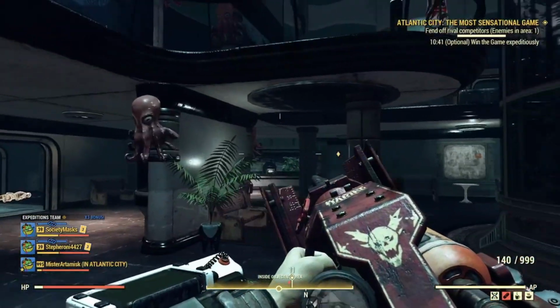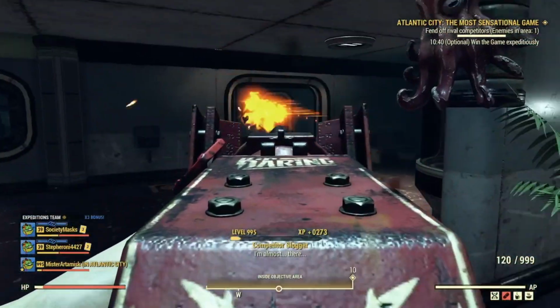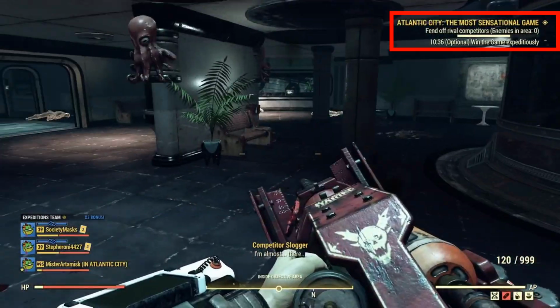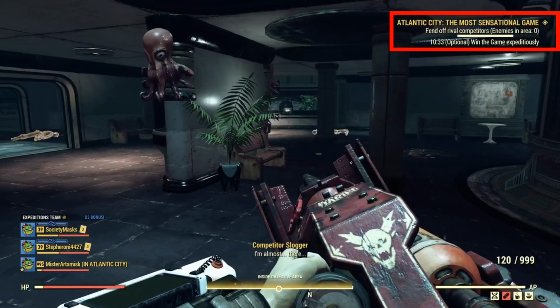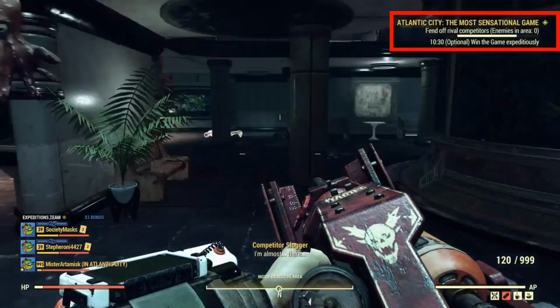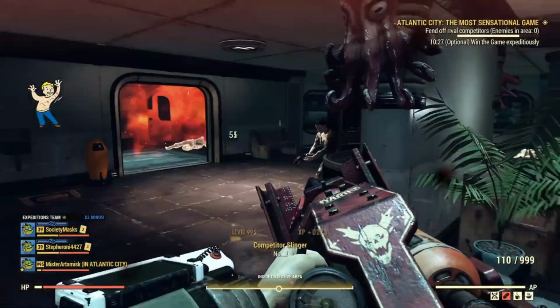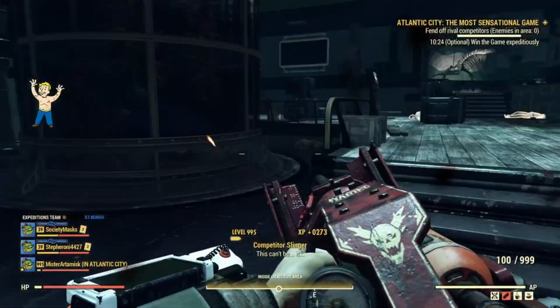The next notable way to grind legendary loot would be my personal favorite, the most sensational game expedition, being completable in about 5 to 10 minutes and granting up to 6 legendaries when completing all secondary objectives. A method to push this to its maximum efficiency would be to have 4 players running the expedition on separate